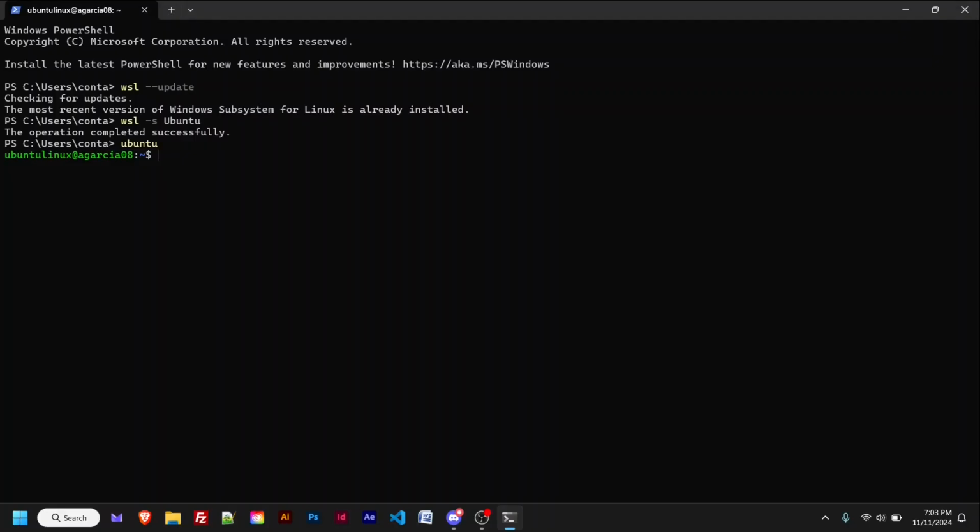Now's the fun part. With WSL, of course, you can run ls and it'll list everything in the directory that you're in. You can cd. With cd, we're going to go to